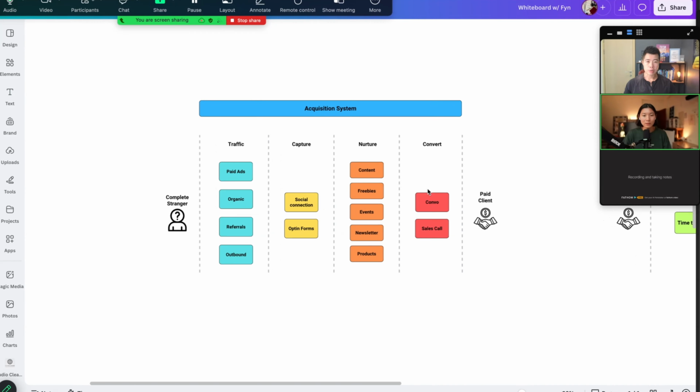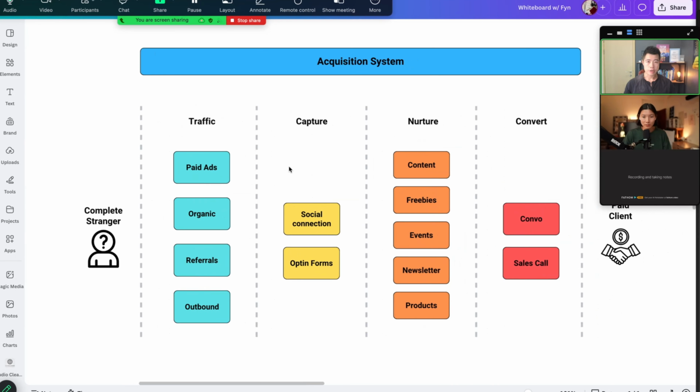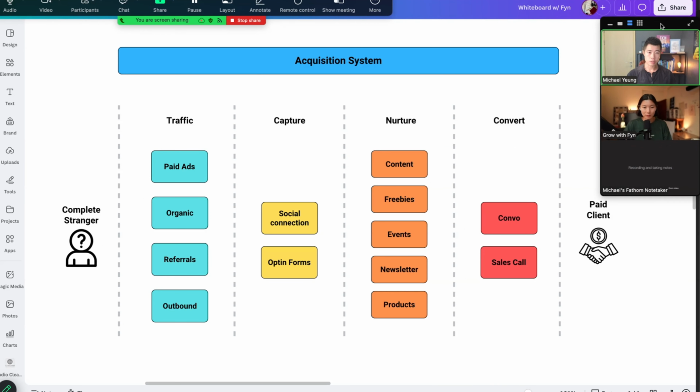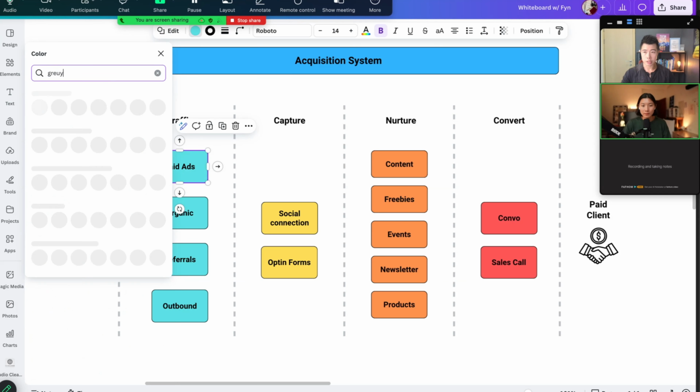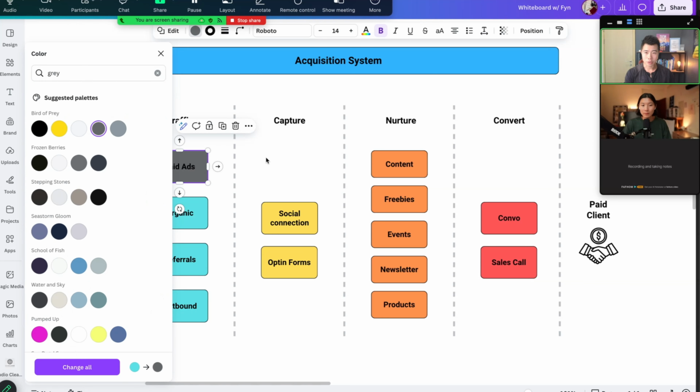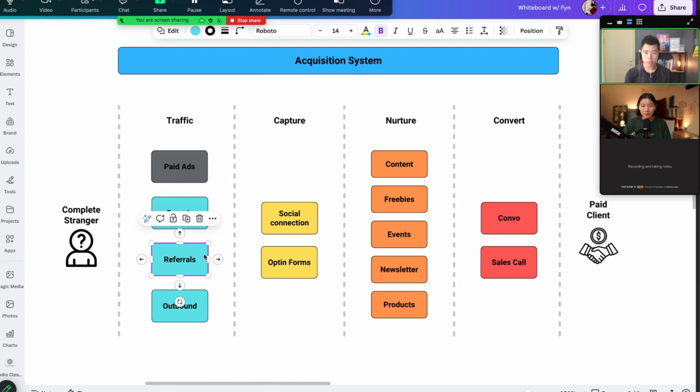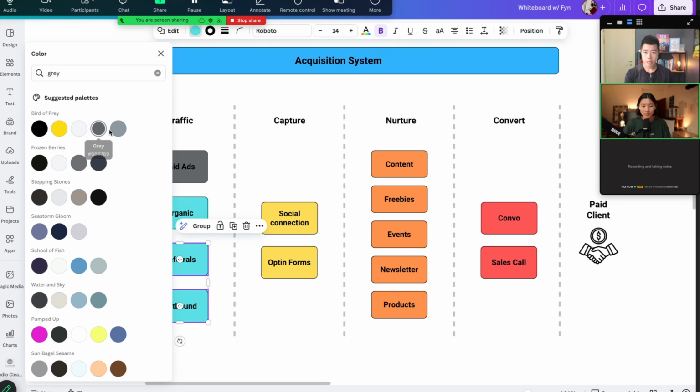Now, let's break this down into your acquisition process, because at the end of the day, the acquisition process is more or less consisting of these components in the high ticket space. So whether you're a coach, course creator, done for you service provider, or an agency, this is basically how you get clients. And what I'm going to do is to just gray out the parts that you don't have right now, because the last place you want to be is to scatter your focus across many different avenues. So it's mainly organic and there's a focus. And then next,